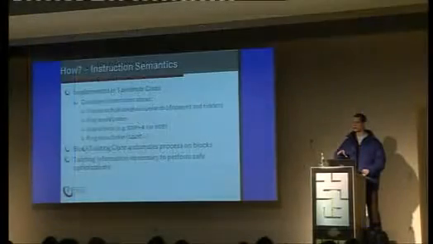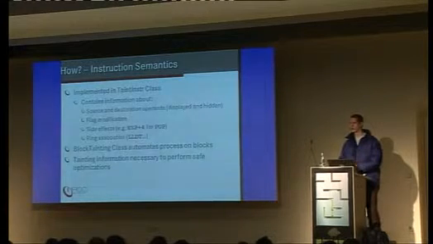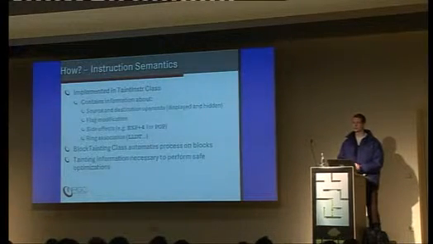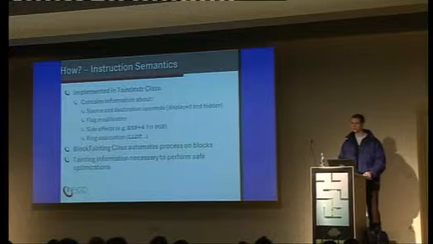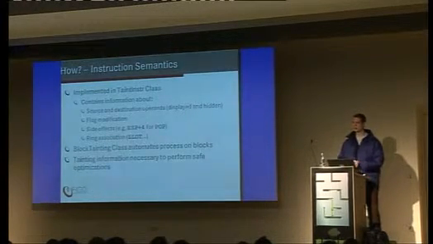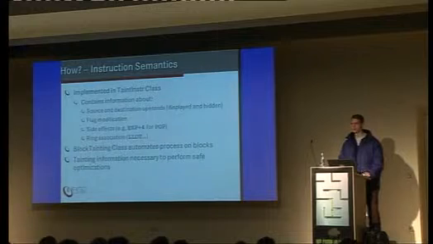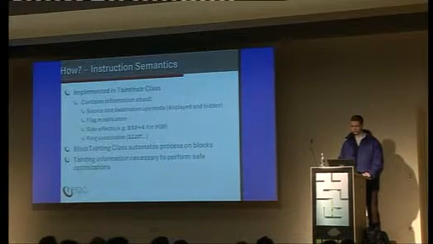So if you know you're analyzing some ring 3 rootkit, and you detect some ring 0 instructions, you can deduce this automatically from the obfuscator, and you can either prune this path or replace it and analyze it. And tainting information is necessary to perform safe optimizations, as I already mentioned.